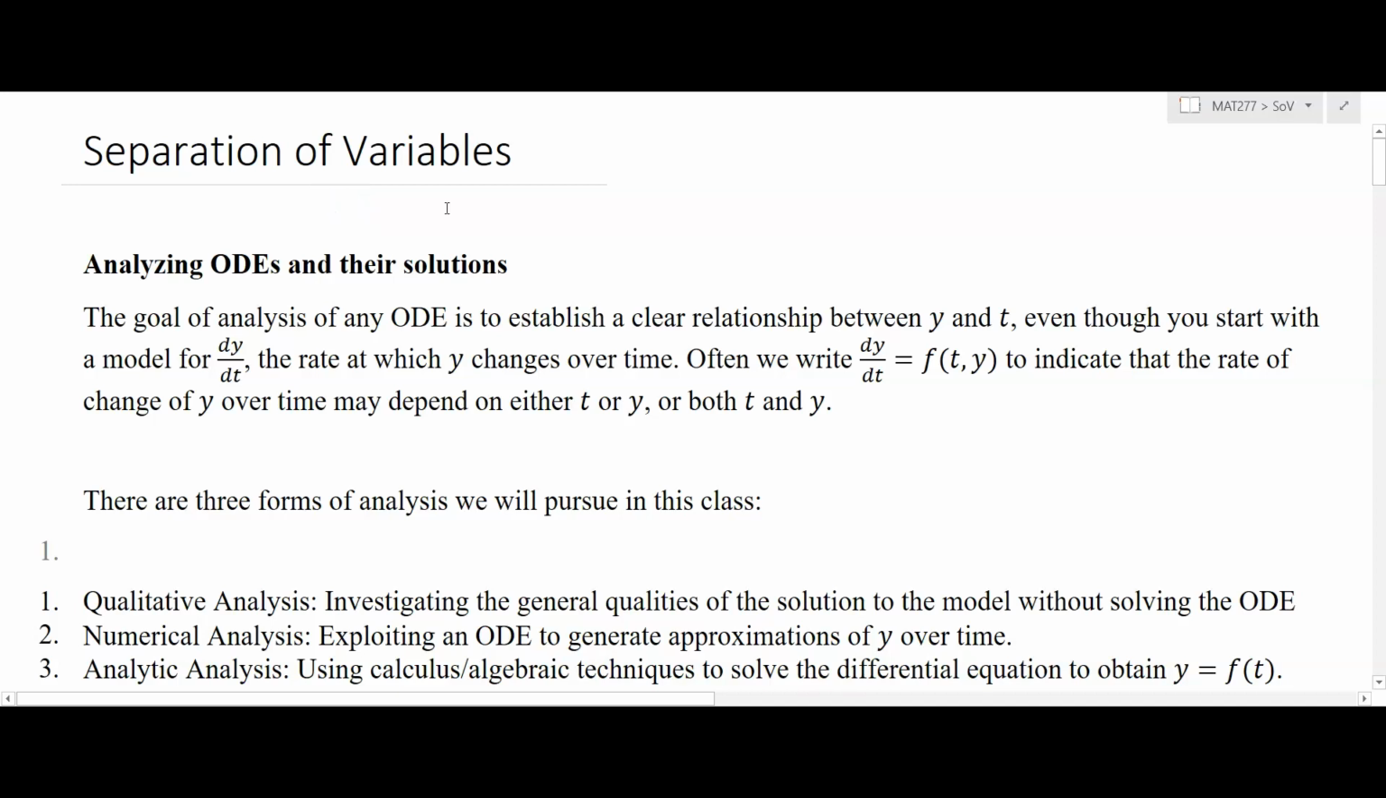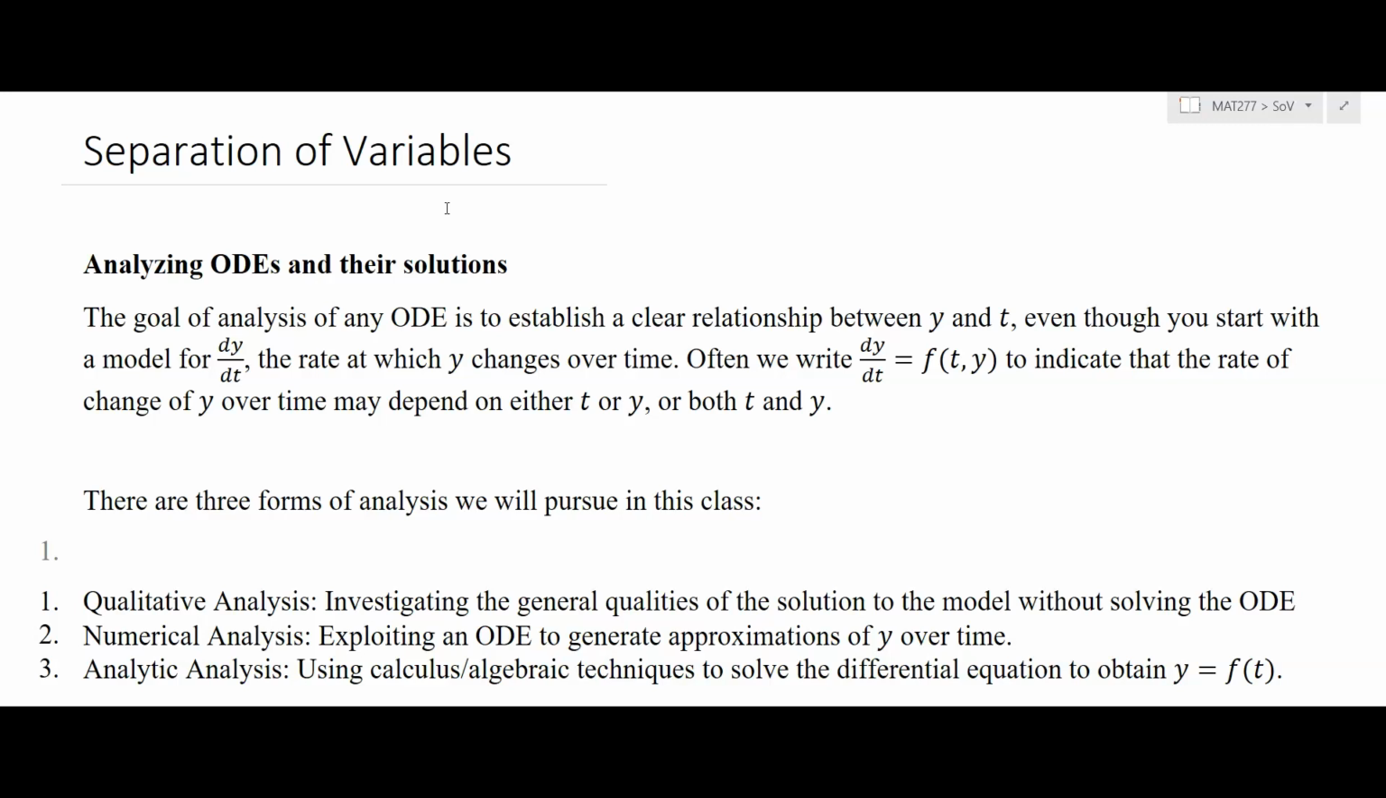Hello and welcome. In this video lesson, we're going to take a look at a method called separation of variables. As we have already mentioned, the goal of an analysis of any ODE is to establish a clear relationship between y and t, even though you start with a model for the rate of change of y with respect